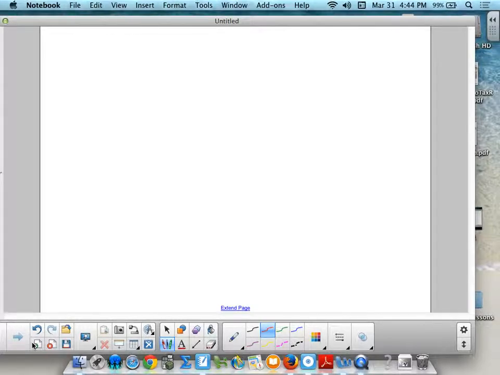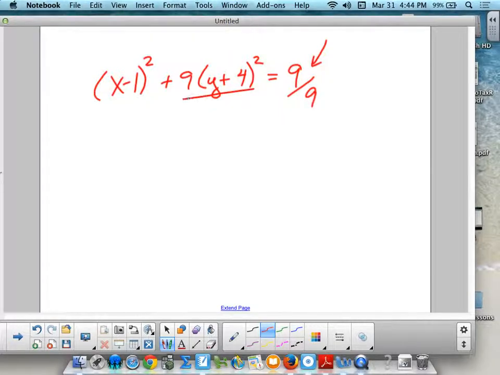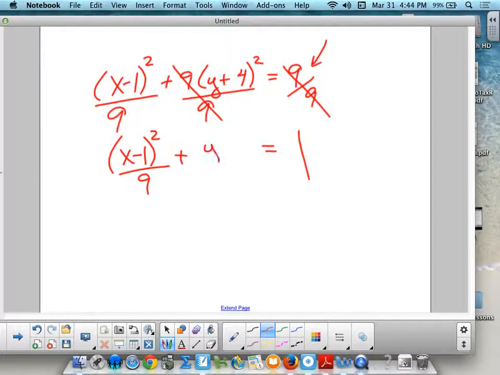20. Okay. This one's already looking pretty good. It's just that that is no good. You don't want a 9. So you're going to make this a 1. Divide by 9, divide by 9, divide by 9. The 9s are out. This 9 gives you 1. You get x minus 1 squared over 9, y plus 4 squared